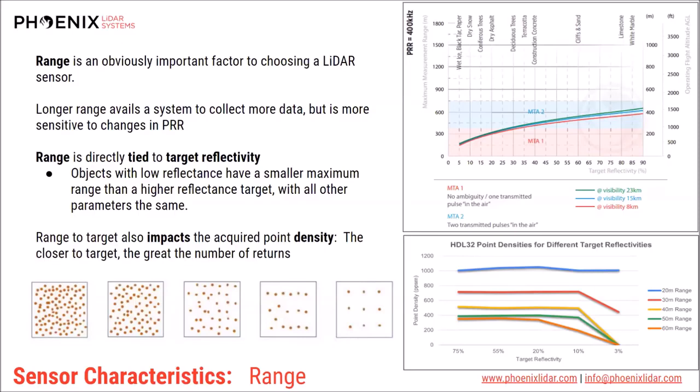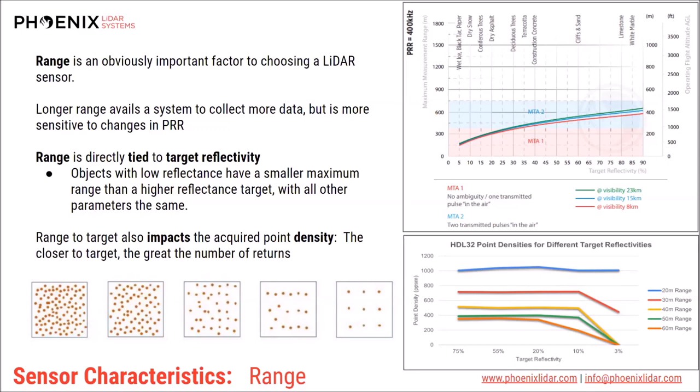The other very important thing to note is that range capability is directly tied to the target reflectivity. Reflectivity of targets generally is seen between 3 and 80-ish% reflectivity, with very black tops or maybe black coated shield wires or other very low reflectivity objects in the 3% category, whereas say brushed steel or the hood of a car are on the high end of reflectivity. The low reflectivity targets have a huge effect on range,